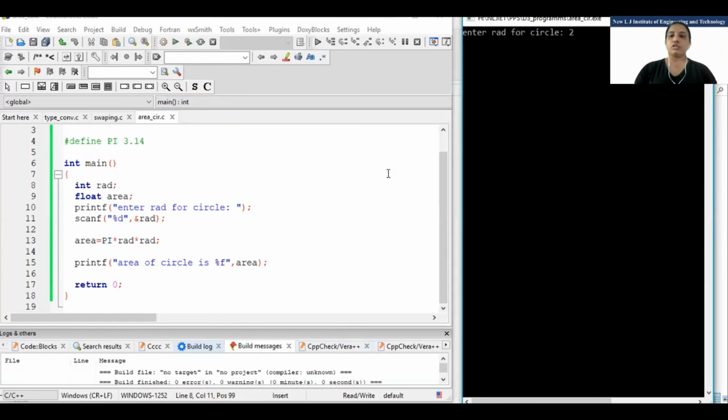I have entered 2. Then the output: enter the radius for circle, that is 2. Area of circle is 12 point something, right? It is multiplied with 3.14. Any doubt in this?